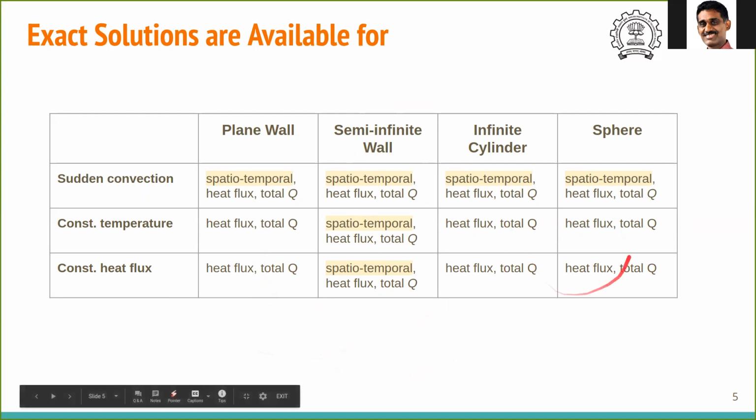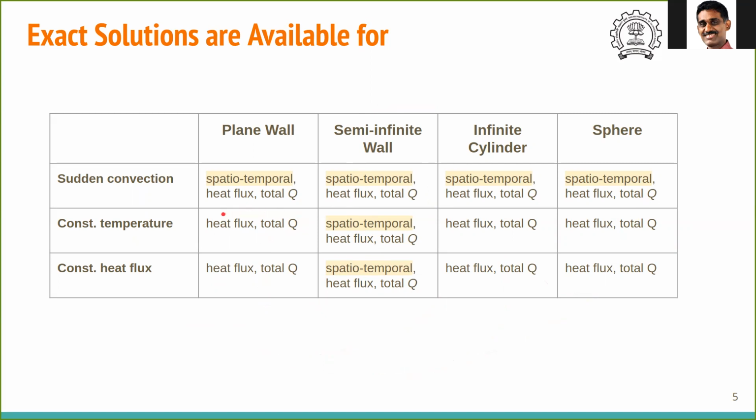Now, in these other cases, we have the expressions for the total heat flux. So we don't have the spatial temporal variation, but we have expressions for how the total heat flux changes with time. So we have a time variation where you just ask for the flux at the surface. That is available for all of them. These are tables that are there in the textbook. Depending on the problem, we have to identify and model it as one of these cases and then look up this table and find the total heat flux, which we will do in our tutorials.